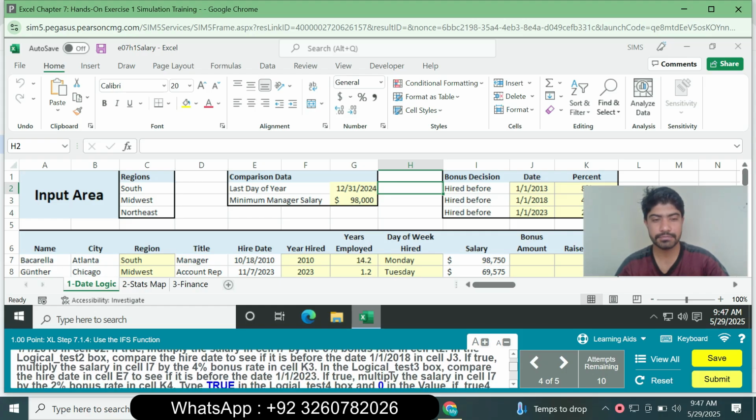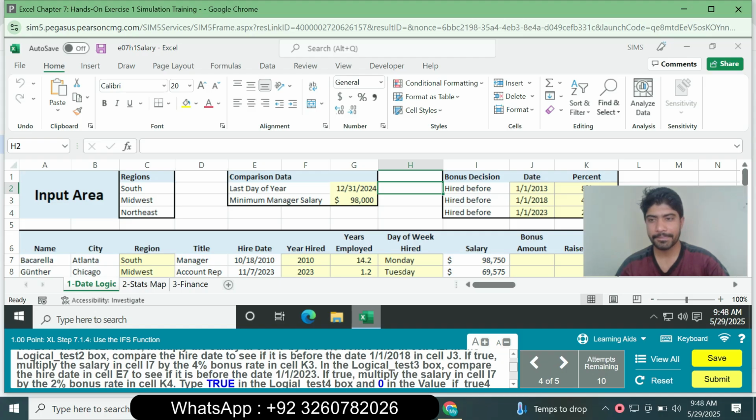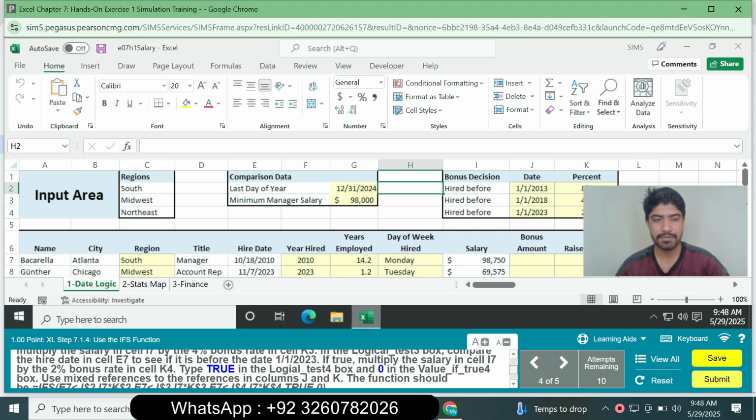If true, multiply the salary in cell I7 and the bonus rate in cell K7. Otherwise, multiply the salary in I7 by the 2% bonus rate in cell K4, and use the mixed reference for J and K. The function should be,